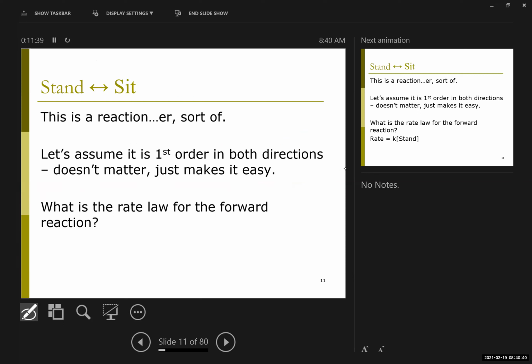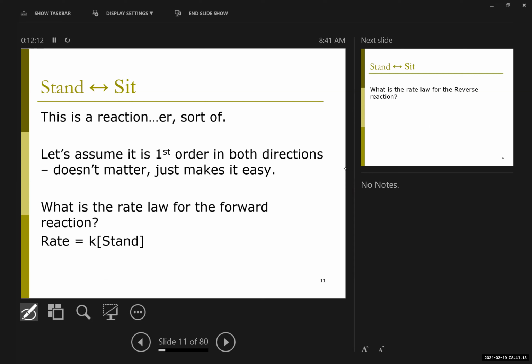right? And so I could write a rate law for the forward reaction, and I could write a rate law for the reverse reaction. I will make one up, right? It really doesn't matter whether the one I make up was correct or not, right? I'm going to make up an order. I'm going to make up a rate constant. If you want to play it at home, do the exact same thing with a different rate constant and a different order of the reaction, and you'll find out that the same thing basically happens, although the balance point is different. And so just for simplicity, I'm going to make it first order,